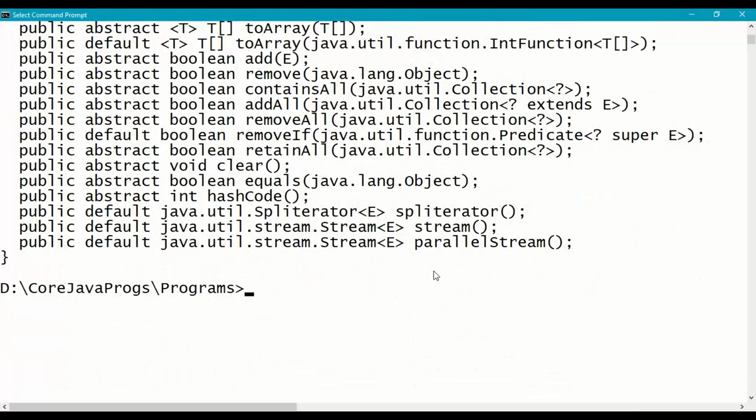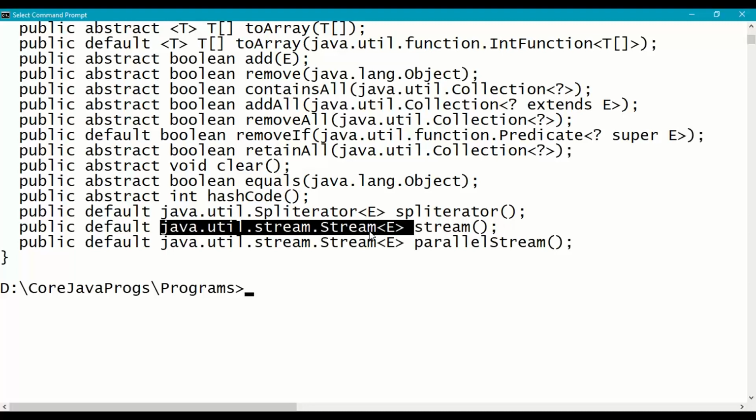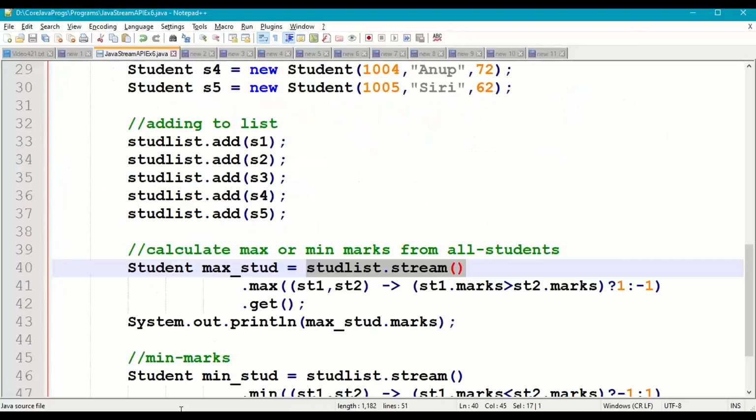From Java 8, we got a stream method. This stream method returns an object reference of the Stream interface. So now we can apply our minimum method and maximum method on this stream,